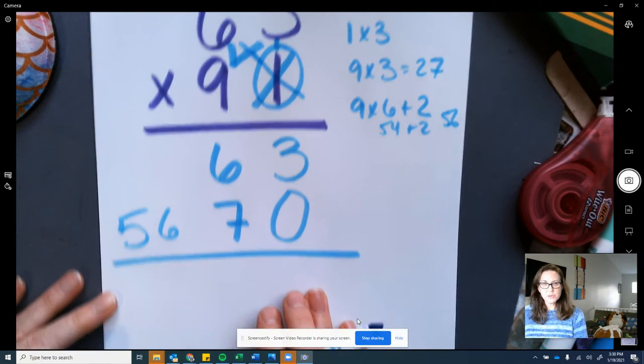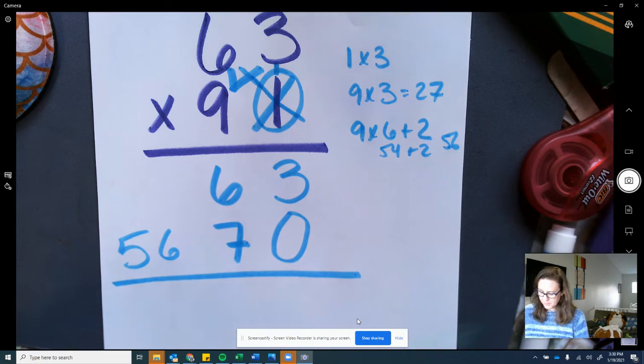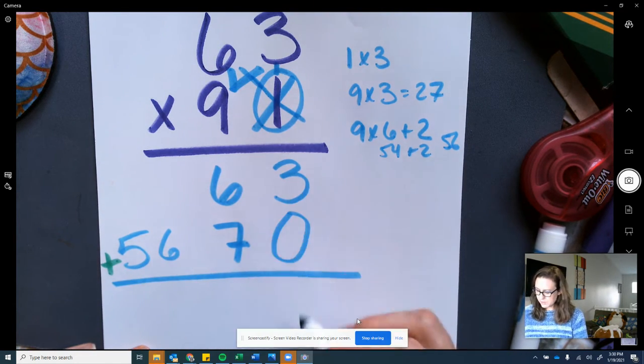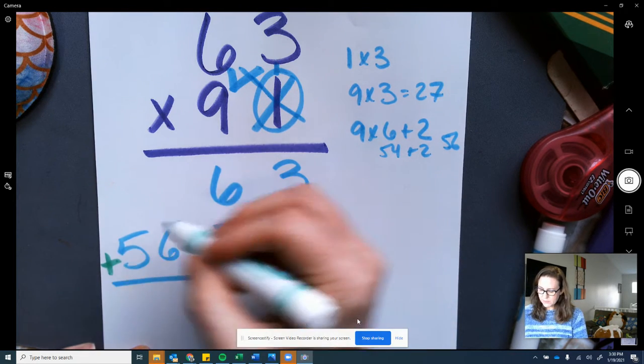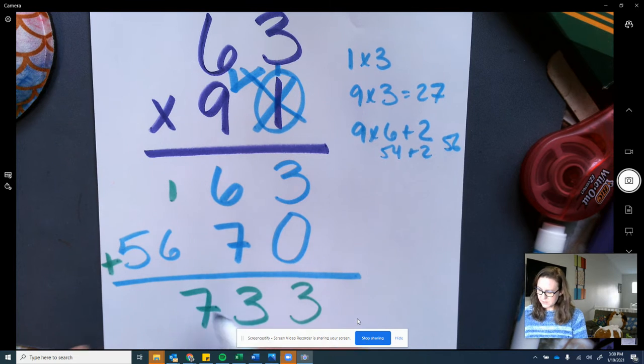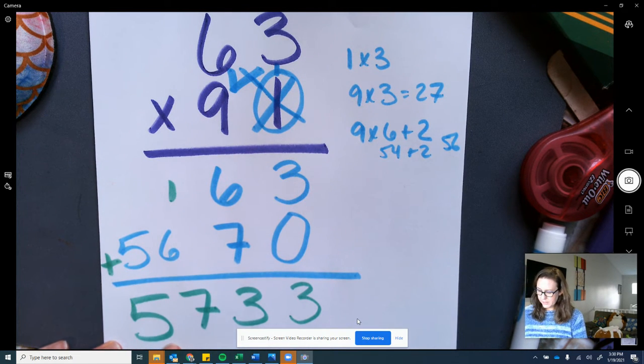And what do we have to do with those two numbers? Yes, we have to add them. So I'm going to put my addition symbol in there. 3 plus 0 is 3. 7 plus 6 is 13. 6 plus 1 is 7. And 5 all by itself. All right. So our final answer becomes